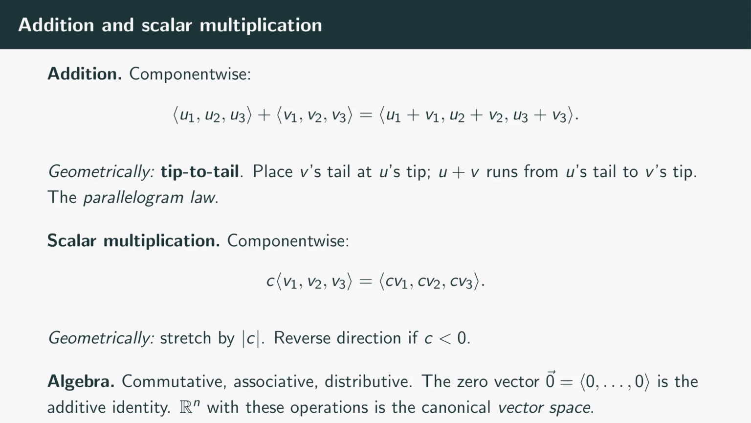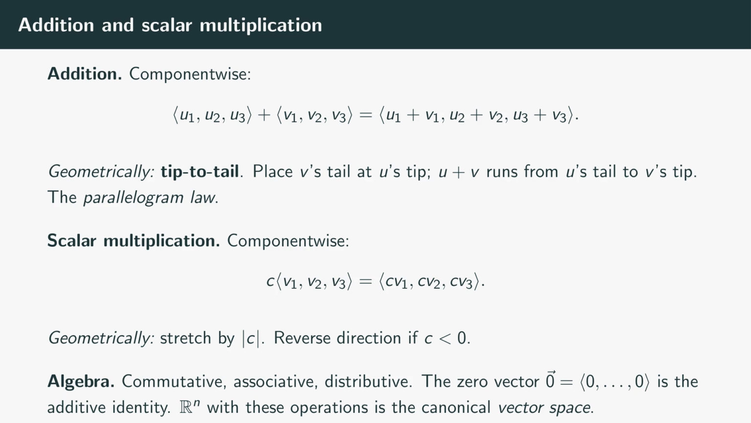Two operations are built in. The first is addition. Algebraically, you just add componentwise. The first component of the sum is the sum of the first components, and so on. Geometrically, vector addition is tip to tail. Draw u as an arrow. Now place the tail of v at the tip of u. The arrow that runs from the tail of u to the new tip of v is u plus v. Equivalently, the parallelogram law, if you place u and v with a common tail, the diagonal of the parallelogram they